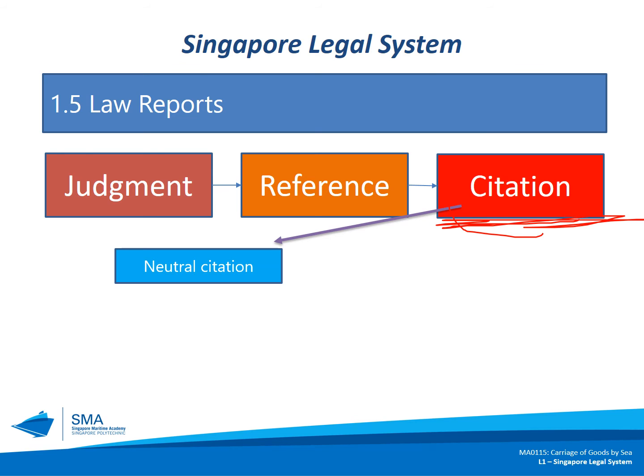If you look at chapter 1.5 or section 1.5 of your notes, it basically says a neutral citation is a court-approved system of citation which is independent of the series of law reports or other publication and unique to each written judgment. And each written judgment from a particular level of court is assigned a sequential number starting from 1 at the beginning of each calendar year. So it's basically a judgment. When the judgment is passed out, the first document tells you the judgment. And the citation is usually,